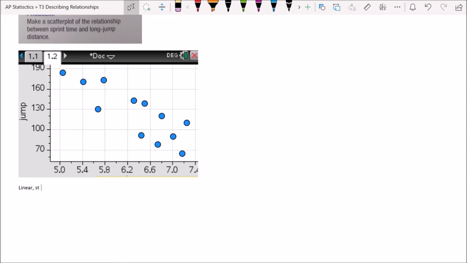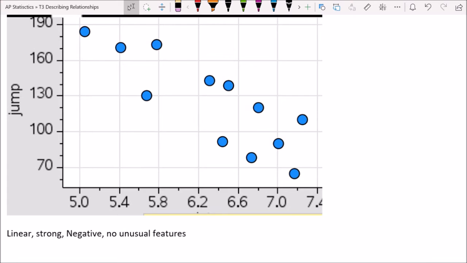I'm going to call that a strong correlation. We'll find the correlation coefficient in a minute. We'll see if that backs this up. Okay, positive or negative? It's going down to the right, so that is a negative slope, and it has no unusual features. Okay, and so I'm not writing it as a complete sentence, but that is a complete description of this graph right now. So let's jump back over to the calculator for a minute